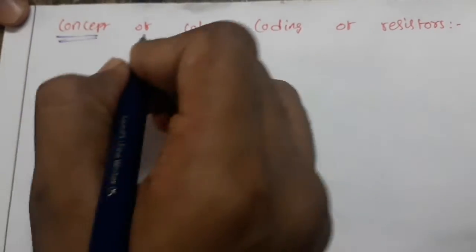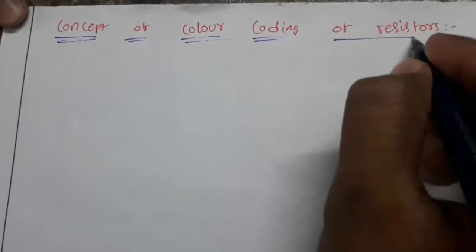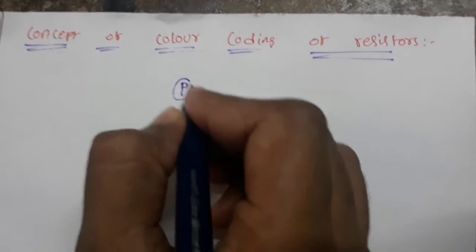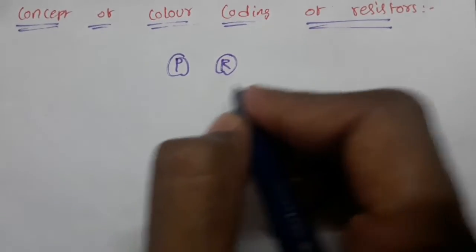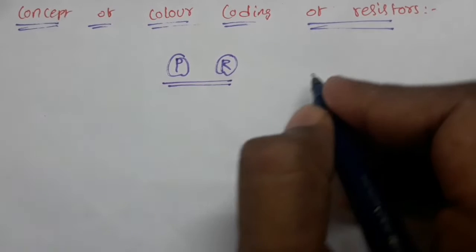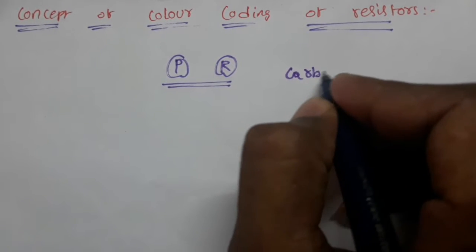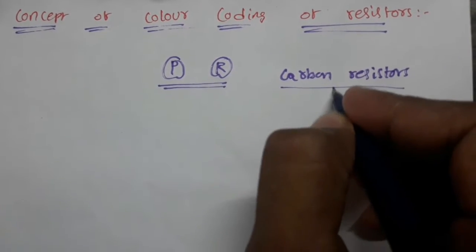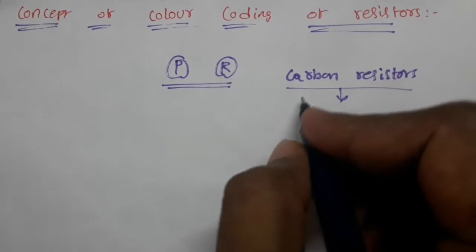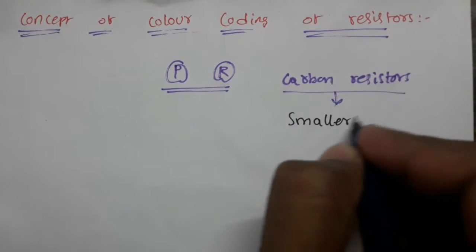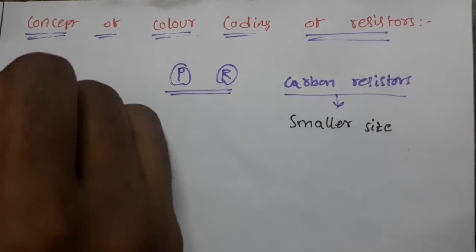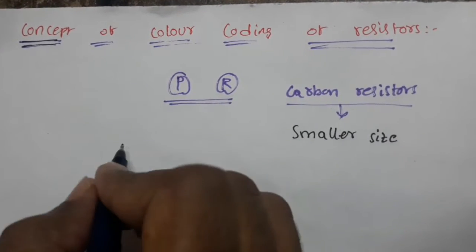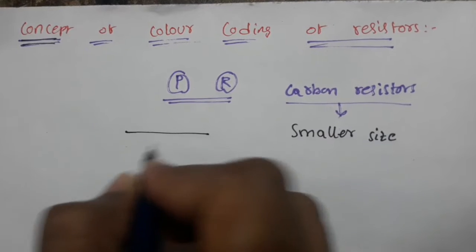Coming to the concept of color coding of resistors. Generally, for resistors, they will label the power rating and resistance value on the resistor. But coming to the carbon resistors, these are smaller in size. So the concept of color coding of resistors comes into the picture. If we consider this as a carbon resistor,